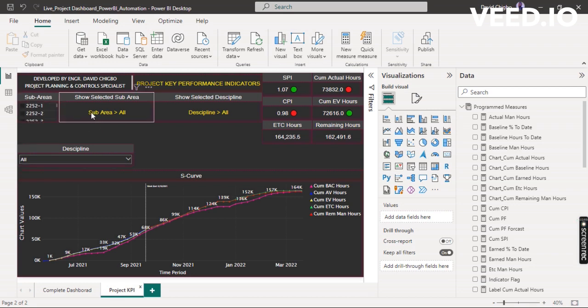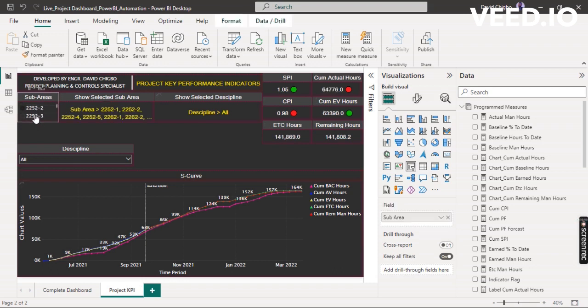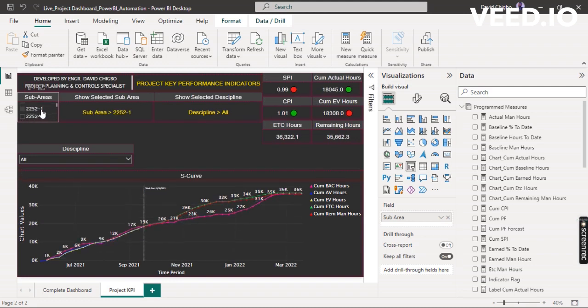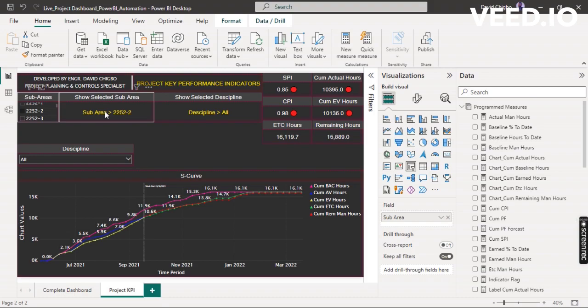So this selected sub area was also programmed. Each time I select any, like let's say from this sub area, I select this sub area for me. Now it's showing me that I'm selecting 22521. If I choose this one also, it shows me that I'm selecting this area. It was programmed, and look at the